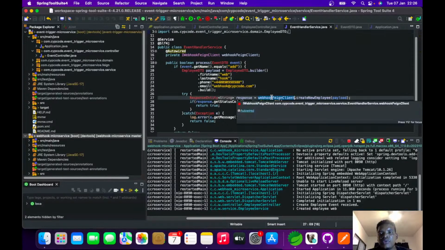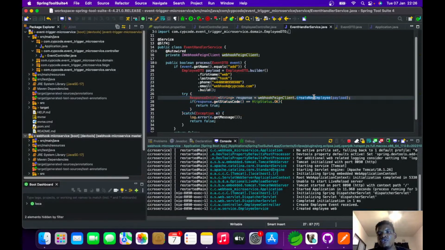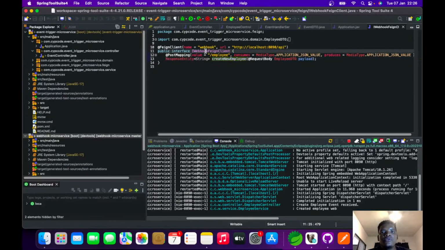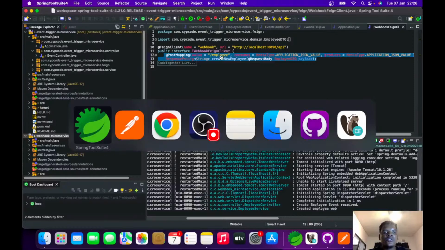You saw that the Webhook Feign client, we have a create new employee, and if we go to our Webhook Feign client, as you can see here, it has the annotation @FeignClient. The name is the Webhook. The URL is the base URL that is pointing to the Webhook microservice, which is localhost 8090 API, and then we have the call, which is the post mapping that we have here, which has the value employee, and if you go to